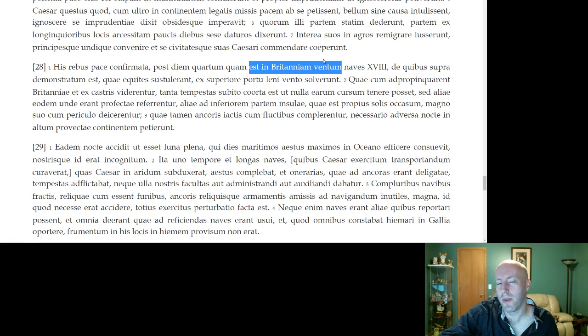est in Britanniam ventum, it was come into Britain. Caesar taking an intransitive verb, venio, and making it passive. And really, you can only make transitive verbs passive usually, at least in English. But Caesar's making an impersonal passive verb of venio, so literally just it was come into Britain. You can just say they came into Britain, right? So 4 days after they came to Britain,